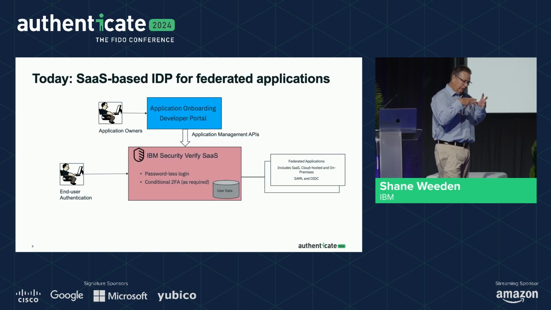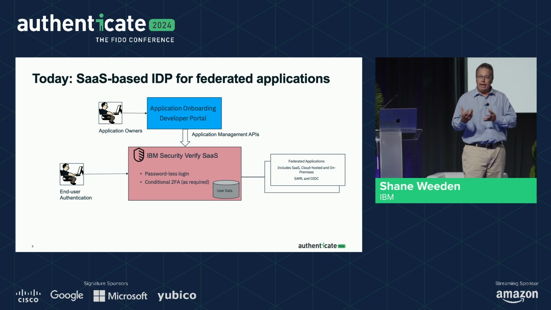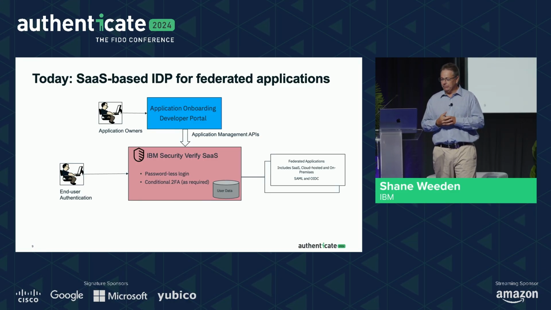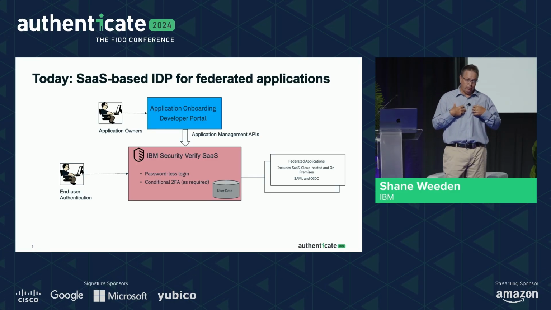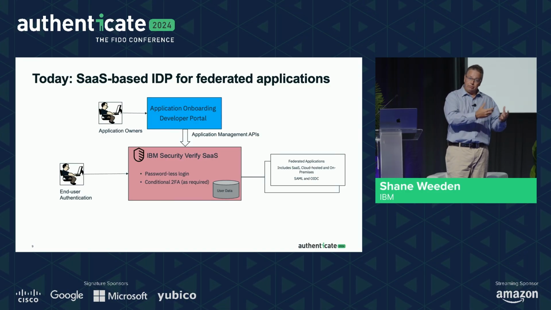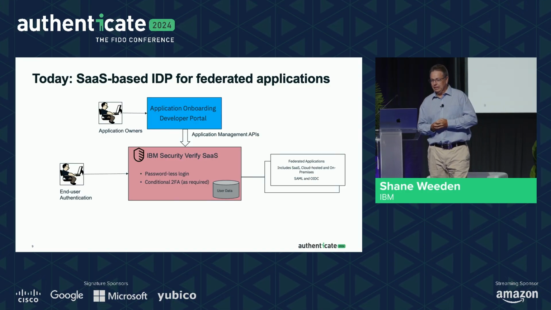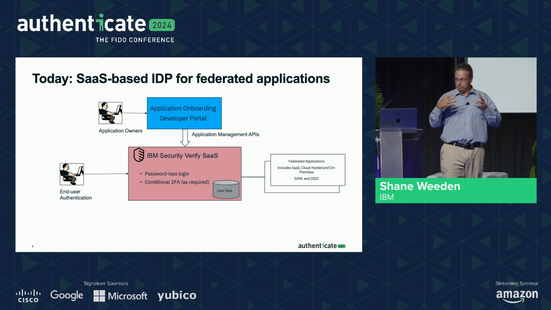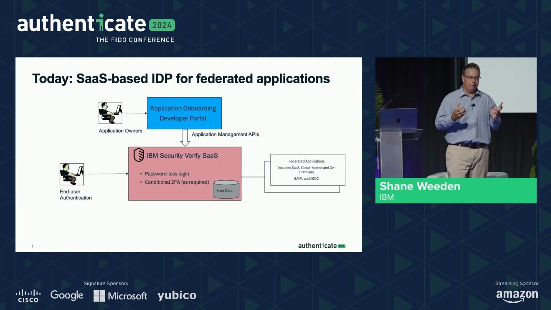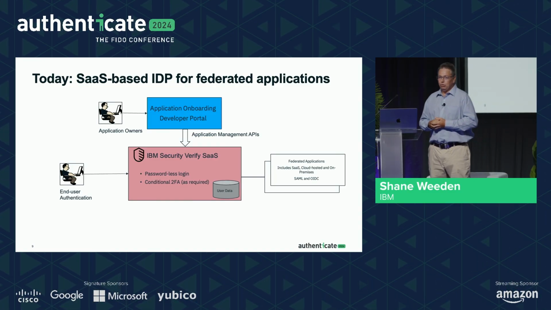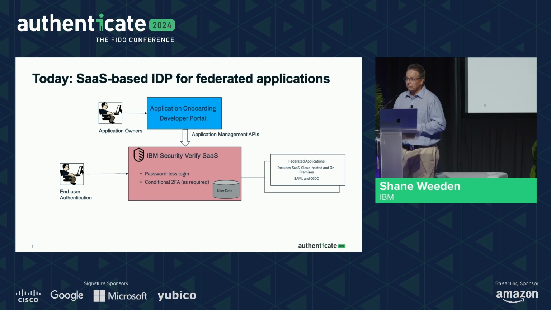We moved our technology, our IDaaS, to a SaaS platform. We happen to have one. It's called IBM Security Verify SaaS. And our customer, so I work in product development, right? I help build that thing. I built a FIDO server. Our customer is the IBM CIO, our employees. The other thing we did is we built a self-service application onboarding program. So any developer in IBM can go to a portal, and with just a few clicks, they can onboard a SAML or OIDC application into that platform.